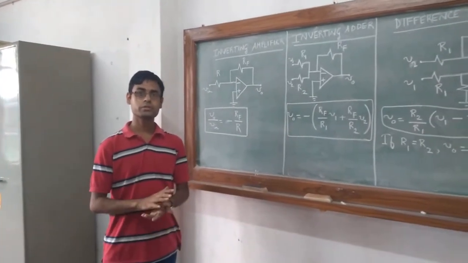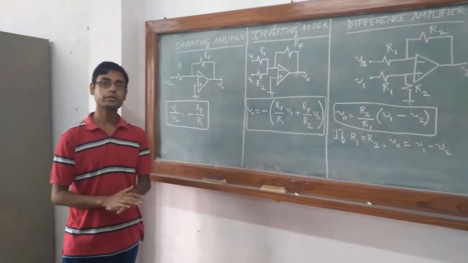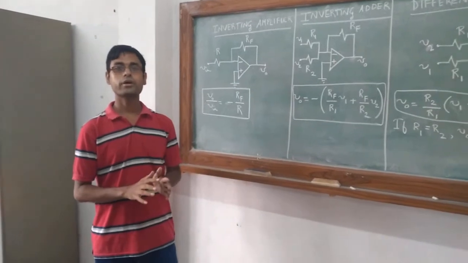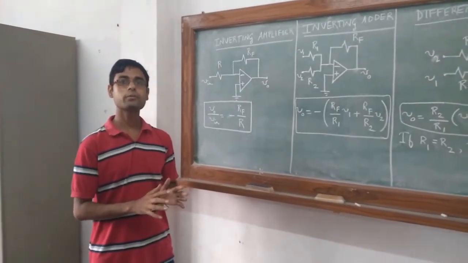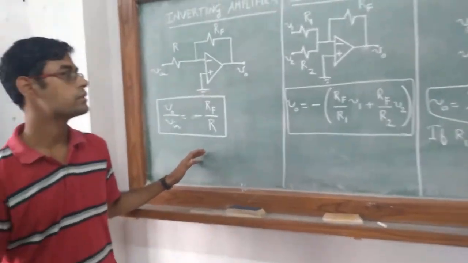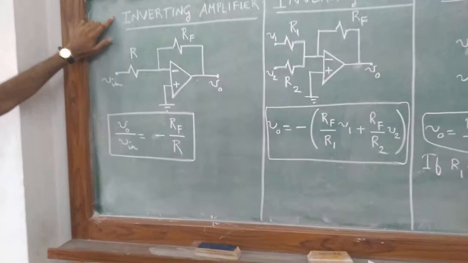So far we have seen in the lab the demonstration. Now we need to study the signal conditioning part. For that, we have to identify or recap some of the basic building blocks that we have already covered in our electronics course previously. The first circuit is the inverting amplifier.